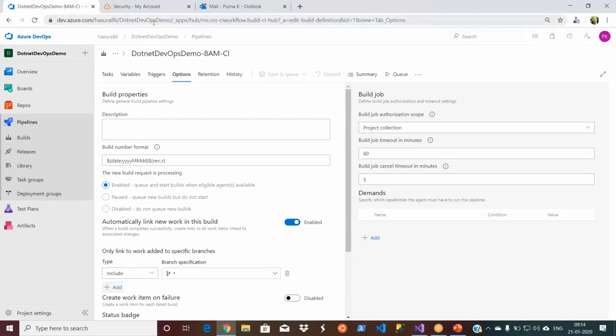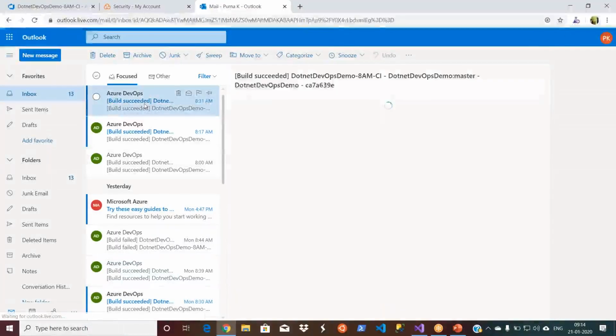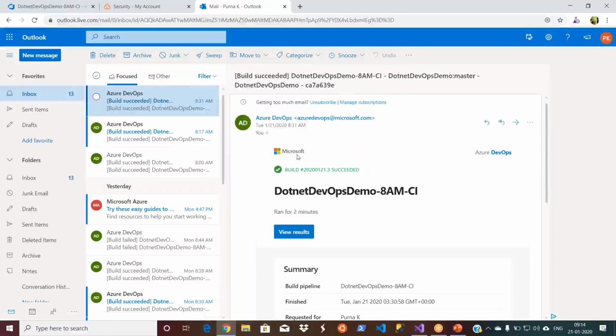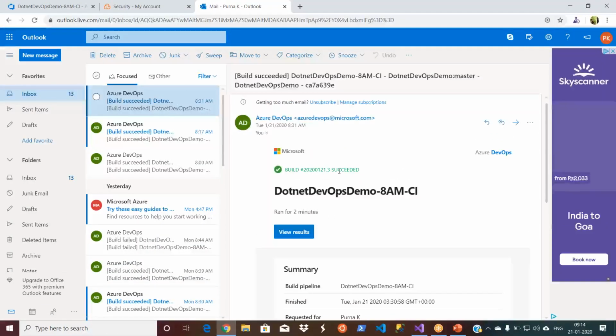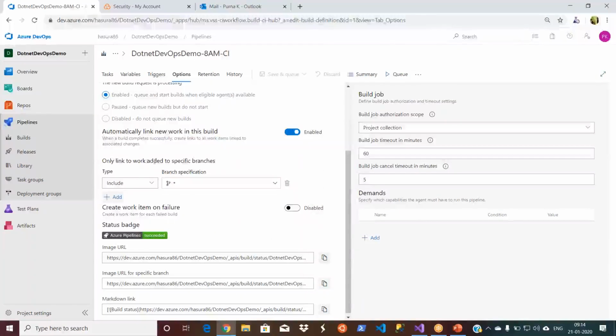So let us say in our email, we get the notifications, and it contains some build numbers here. Okay, build number hash something. You can customize that one. This is not a high priority. You can customize using these options available, and there are a few other things. You are giving the build. Do you want to supplement some additional information in the email as well?